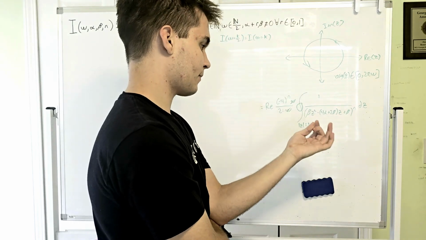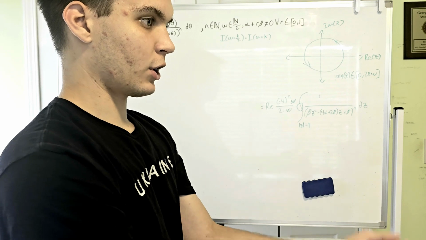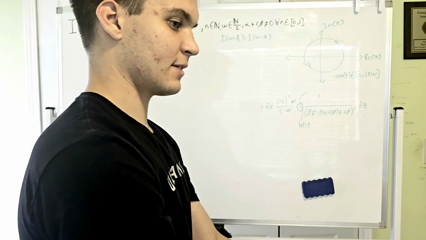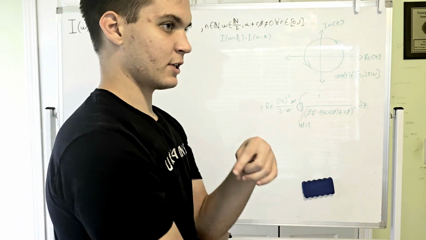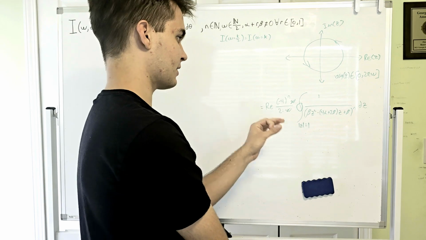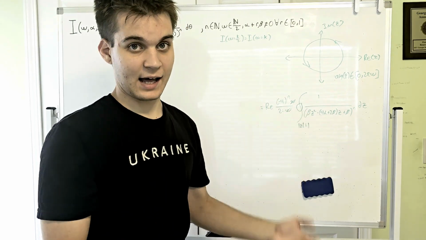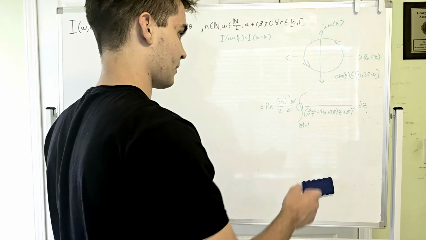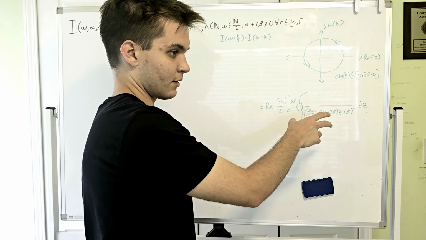Basically, since you have a complex function, and when you integrate it over a closed contour, the residue theorem says that the value of the integral over the whole contour is equal to 2 pi i times the sum of residues at each of the discontinuities of your function that is enclosed in your contour. That's a lot of words, but basically what it means is you find the number of discontinuities in your function